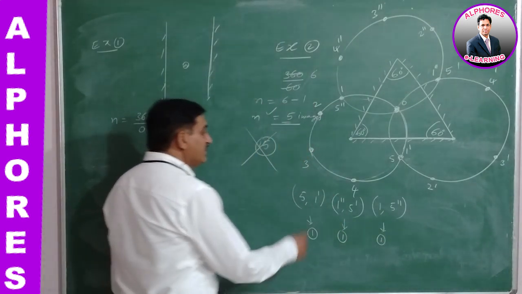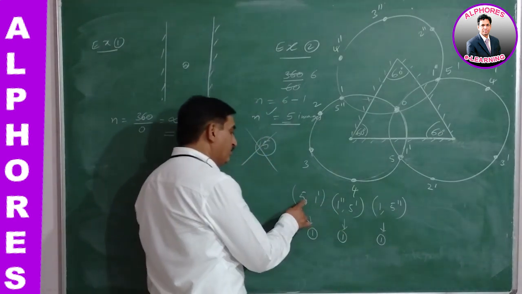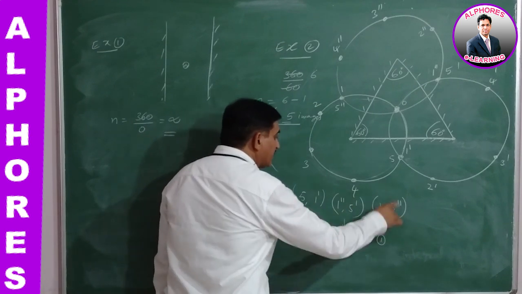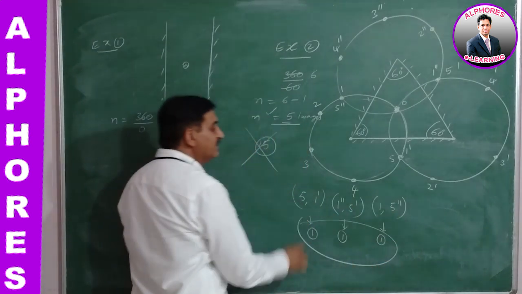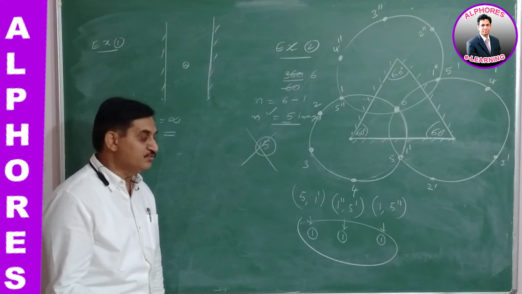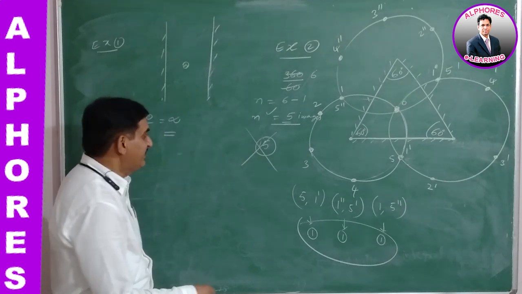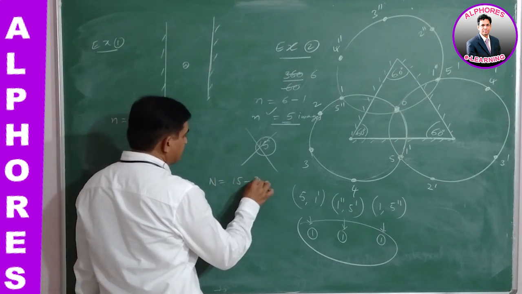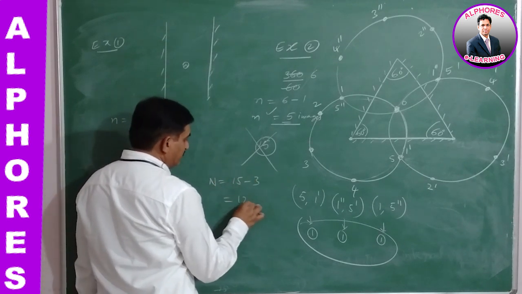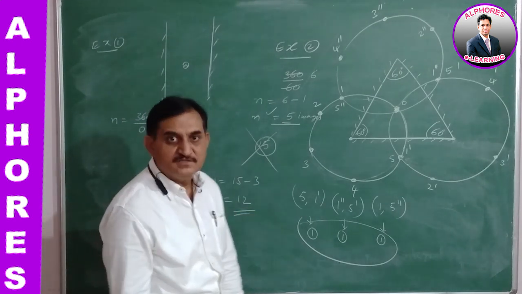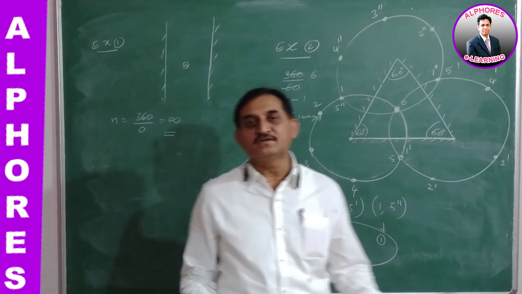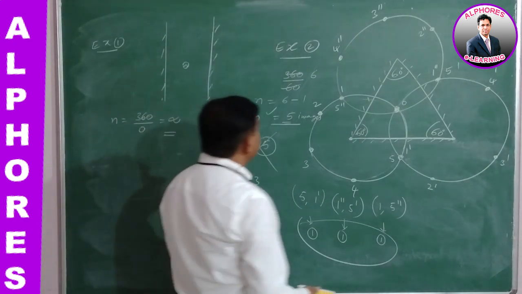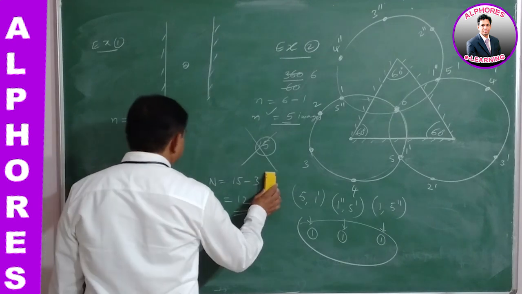Now how many images are reduced as a whole? 2 to 4, 6. Out of 6 we are counting only 3. The remaining 3 should be subtracted out of 15. Yes, the number of images will be 15 minus 3, that equals 12 images formed by these 3 plane mirrors. This is the correct answer. Okay, so next let us move on to another problem.